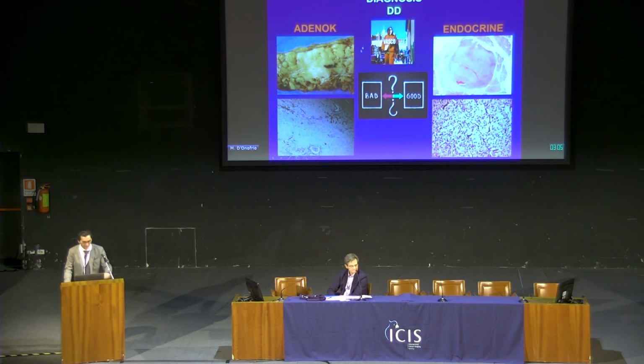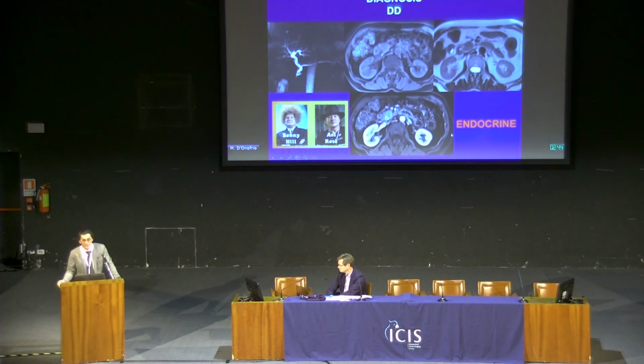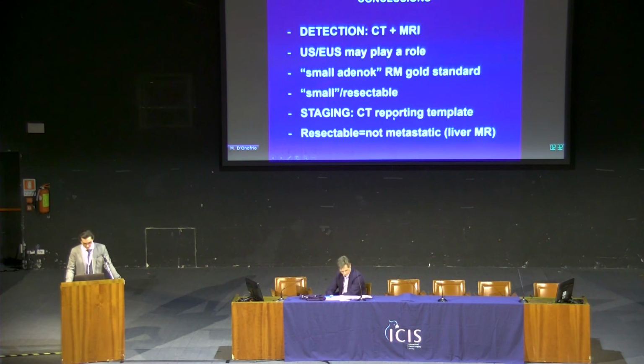After the detection, we can have the differential diagnosis of endocrine tumor because of the margins, and the dimensions sometimes, but what is very important is the vascularization, we know. So hypovascular ductal carcinoma, hypervascular endocrine tumor, but sometimes we can have a small hypovascular endocrine tumor due to fibrosis, with a double sign presentation, hypo on T1 fat and also hypovascular, so very similar to ductal adenocarcinoma. In conclusion, detection, CT, but please consider MR to improve your detection of ductal carcinoma,